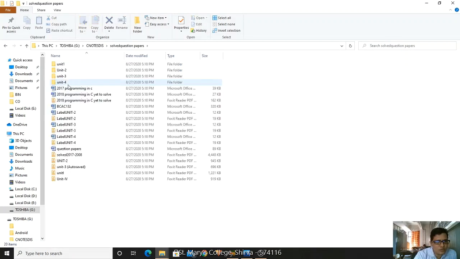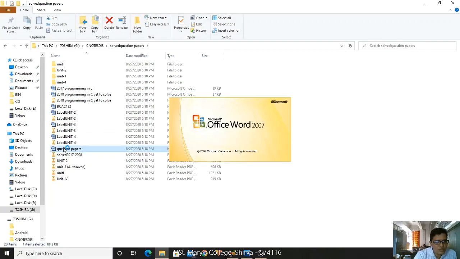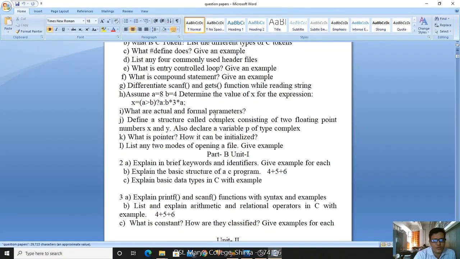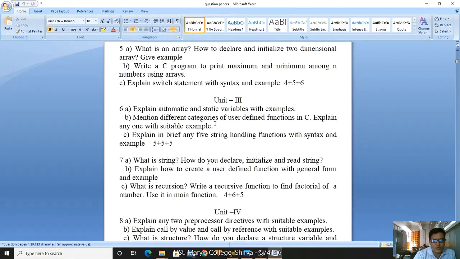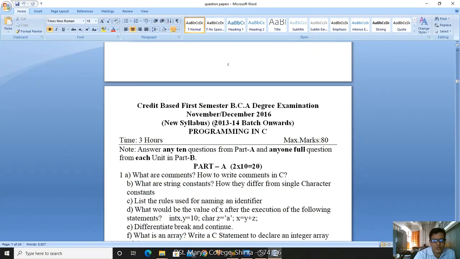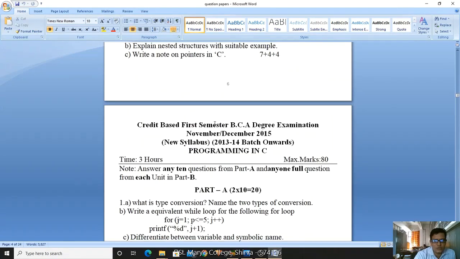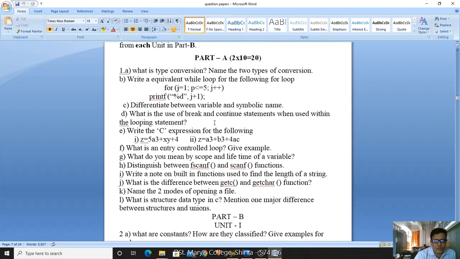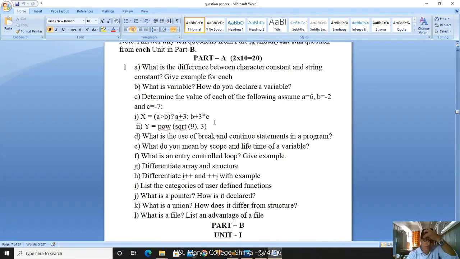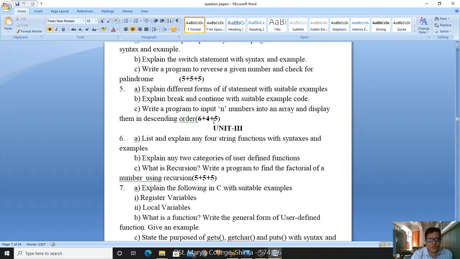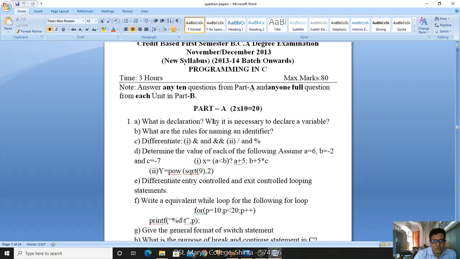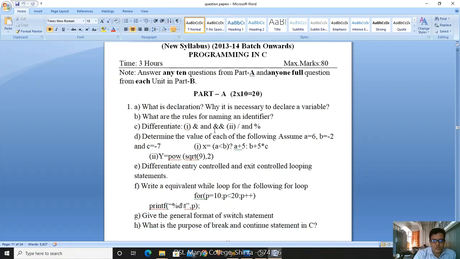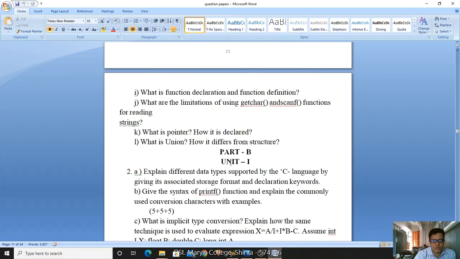I will show the solved question paper. Here we have question papers. Okay, so let me check. This is your question paper. It is for 2018, 2017, 16. I will share this question paper. Just go through it in your WhatsApp group and try to solve whatever topic is done. See here, the question is asking me: determine the value of each. You have to process it and print the value.